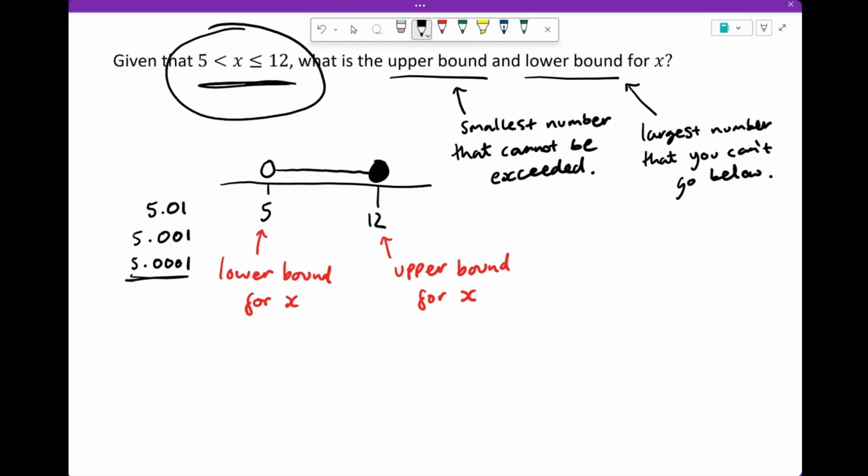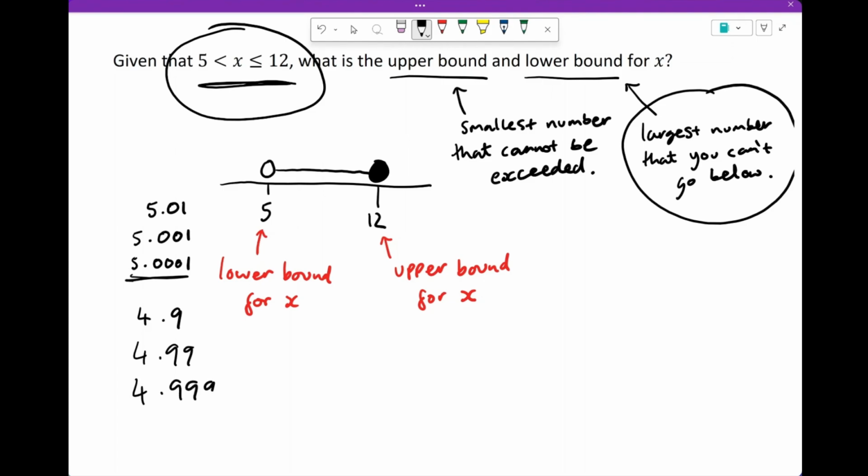Okay, so our lower bound would have to be a number smaller than that, and the first number smaller than that would be 5. Now let's consider the other side of 5. So if we went smaller than 5, so for example 4.9, could that be the largest number that you can't go below? Well, no, it can't be, because you can get larger than that by adding another 9, so that 4.99, okay, which is a bigger number, and then you could go 4.999 like that,